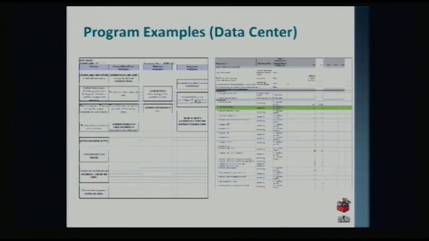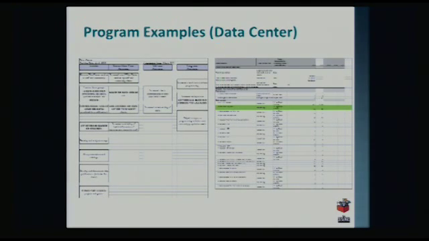Okay. So here is an example. I wanted to give you a real example from the data center. So in the data center, we do use a logic model. Don't let that term hang you up. The first session, we talked about the results chain. It's the same thing. And so on the left of the screen, you see the results chain of the data